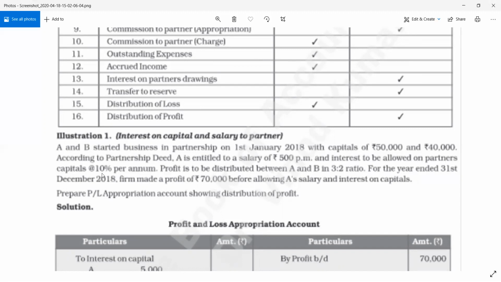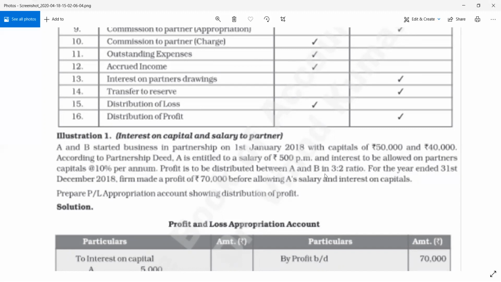And interest to be allowed on partners' capital. पार्टनर कैपिटल के ऊपर इंटरेस्ट देंगे कितना, 10% पर एनम। सो 10% of 50,000, 5,000 A को मिलेगा, 10% of 40,000, 4,000 होता है, वो B को मिलेगा as interest on capital, ठीक है ना।